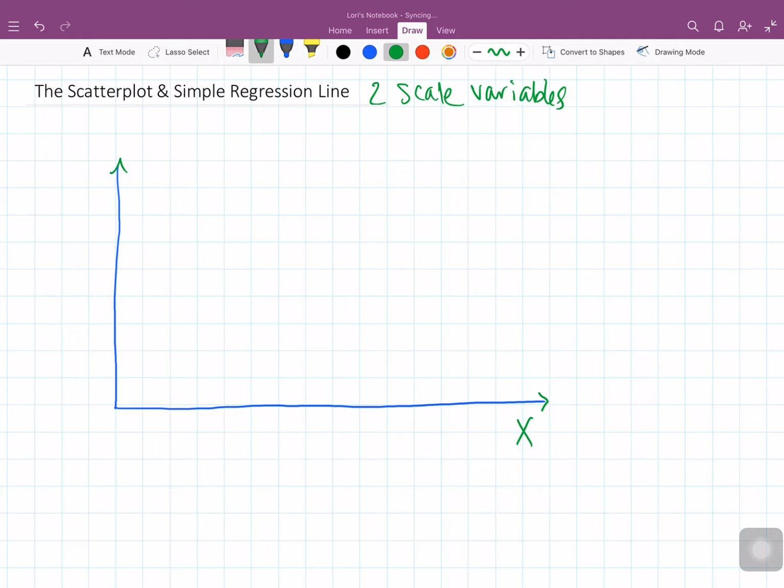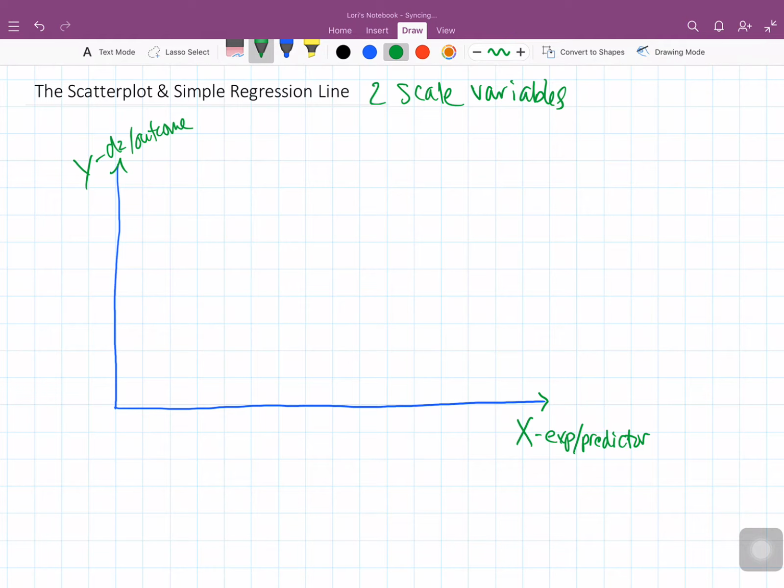Typically, those two variables are designated x and y, and x is usually the exposure or the predictor variable, and y is typically the disease or the outcome